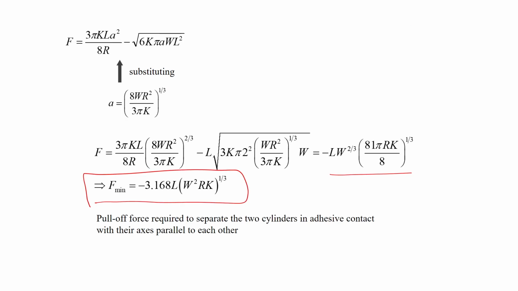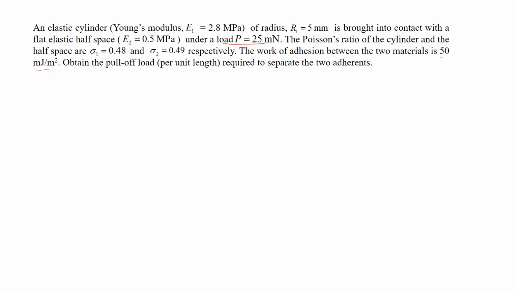So, in essence we have to use this particular equation here, and we have to estimate this R and capital K here. L is already given. So this K means the effective Young's modulus that needs to be calculated, and R means the relative radius of curvature that needs to be calculated. So, let us do that. Let us say 1 by E star, that is given as 1 minus sigma 1 square by E1 plus 1 minus sigma 2 square by E2,